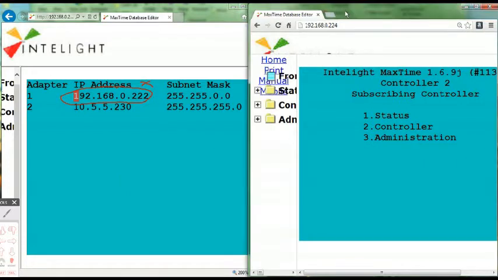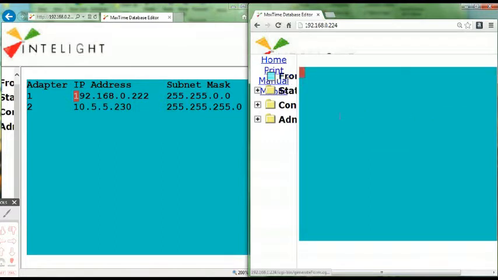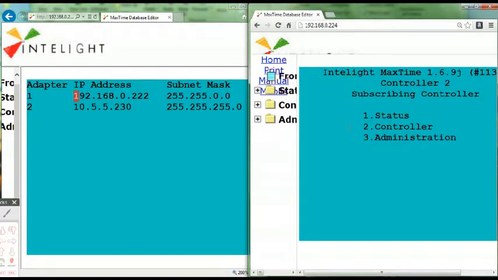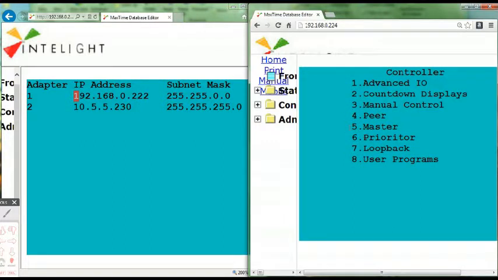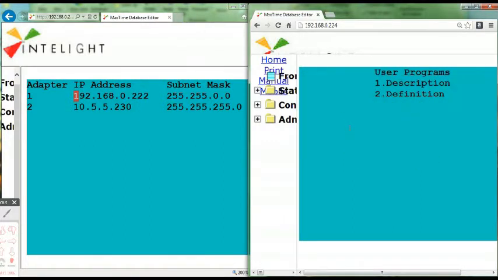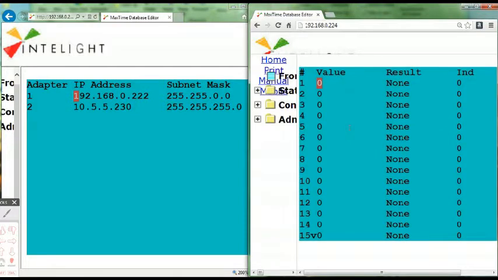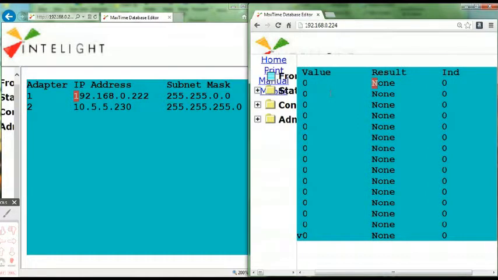So now I will move over to my second controller, controller number two, and I am going to go to 2 for controller and 9 for more. And I'm going to go to user programs, and I'm going to go into definitions number 2, and I'm going to program this through the front panel just because I can. I'm going to pick program 1, and of course the value is a status, so I'm going to move over to the result, and I'm going to hit the plus sign, and I'm going to scroll down through all the possible